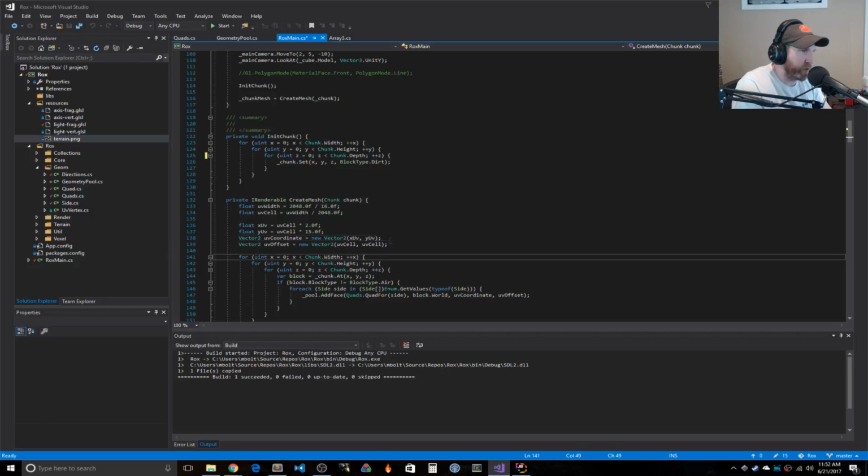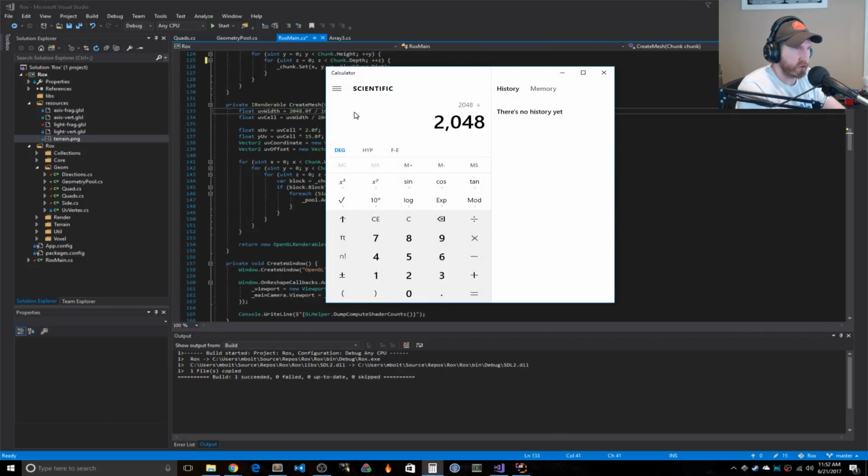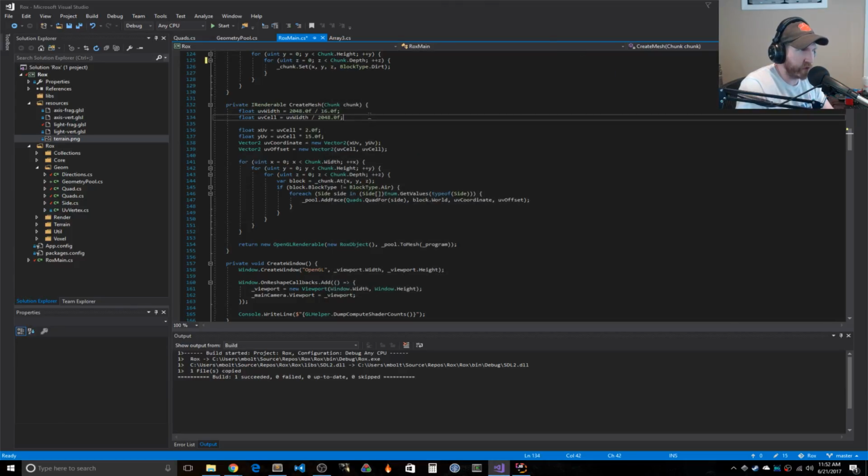And then this just calculates the entire width of the image, which is 2048 by 2048. Let's see how big the pixels are. It's got a tile width of 16, so it's 128 by 128 pixel textures per block